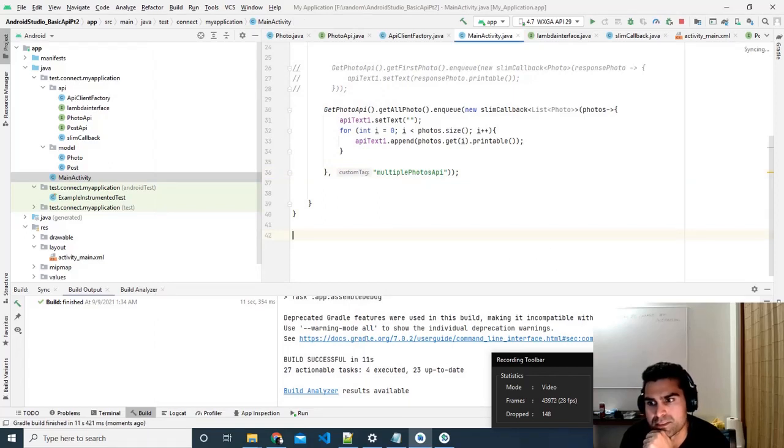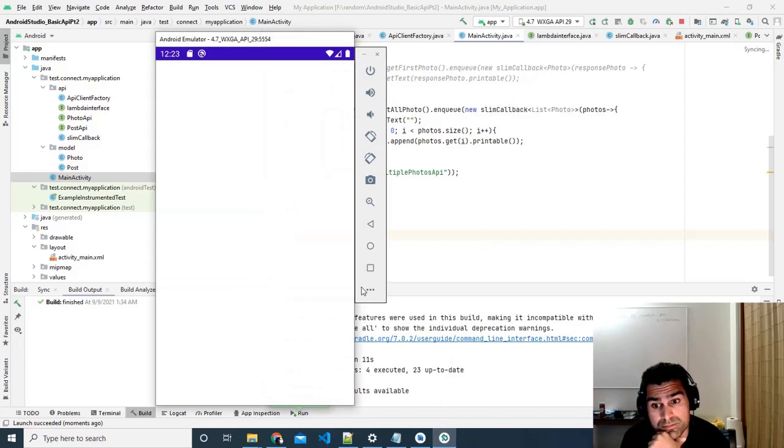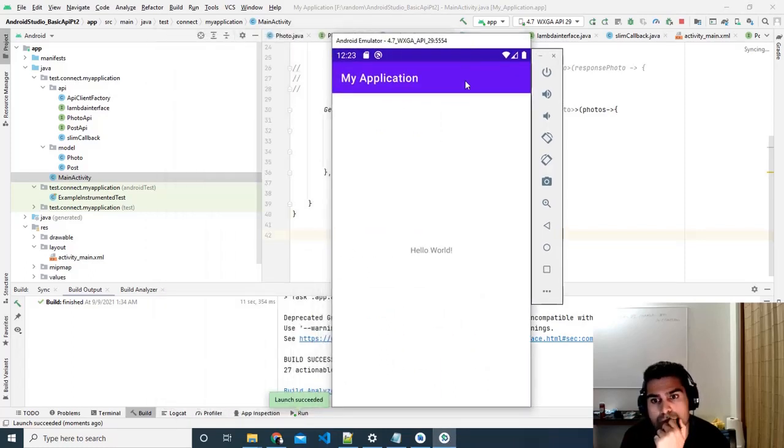And the next thing we're going to do is get some input from the user. And of course, for that, we're going to need some sort of an input box and some sort of a button for the user to tell us to do something with that. So